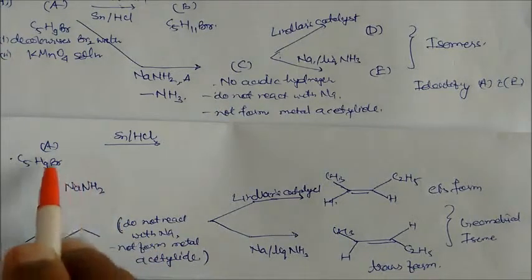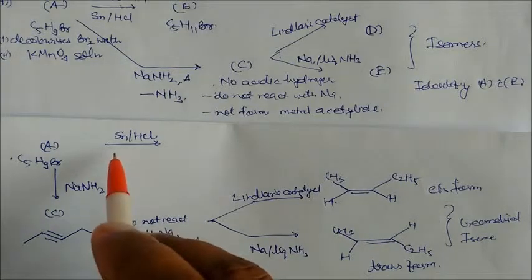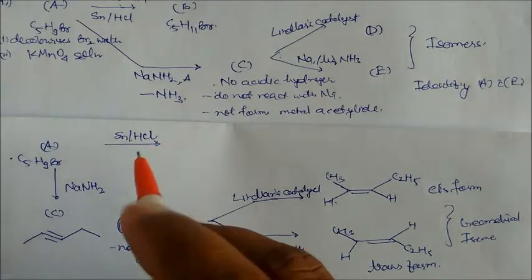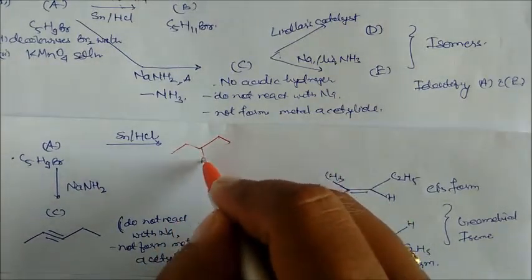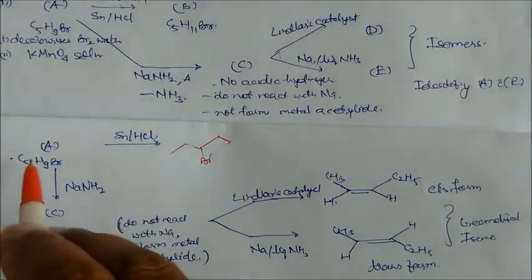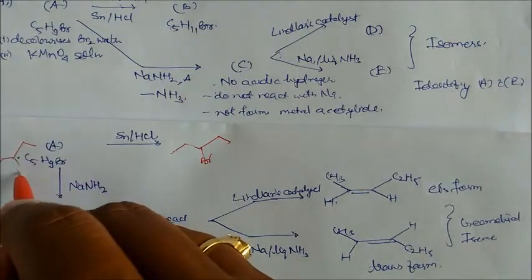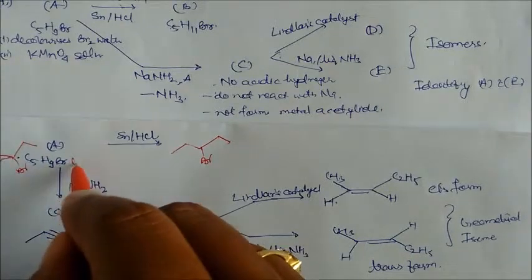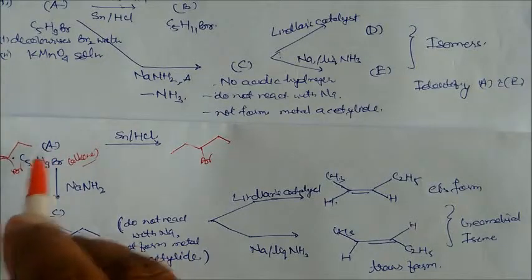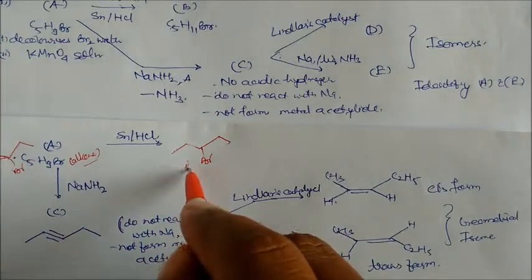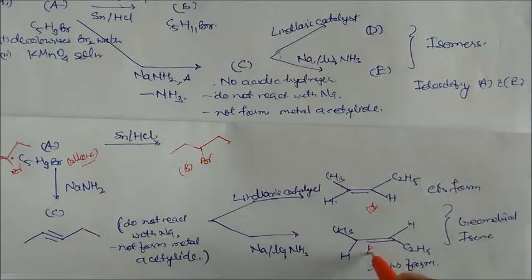Now what could be C5H9Br? If you reduce with tin and HCl, you will get the product here. This Br is there. Then this compound must be as you can see here. So again if you write Br here, this compound is an alkene, already we know that. So the double bond will be this side. So A is this compound, and this is B. So A, B, C and D, E. These are the D and E compounds respectively.